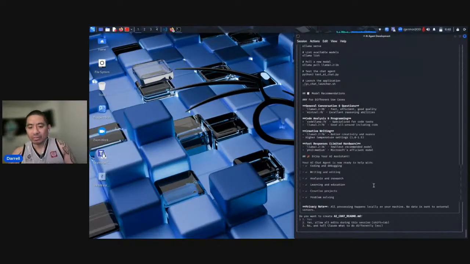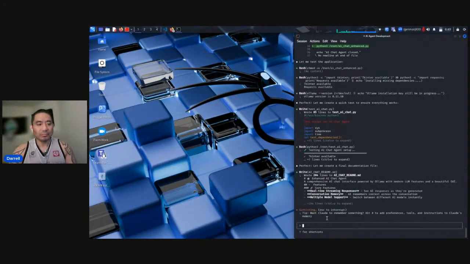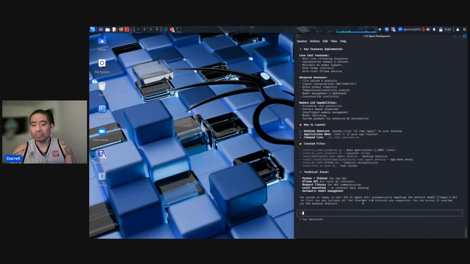So before we do that, the agent interface has the capabilities to code and debug, writing and editing, analyze and research, learning and education, creative projects, and problem solving. So let's hit yes. So it is including core features as well, real-time streaming responses.